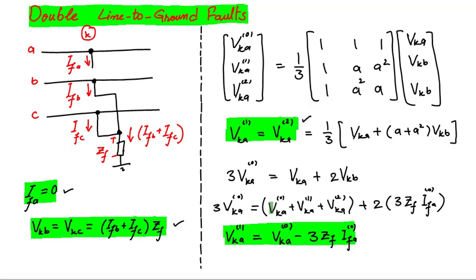So here 1 VK zero sequence will cancel out with this one. This will become 2 VK. Bring this term on the other side, that will become 6 ZF IFA zero sequence, and by adding these two that will become 2 VK positive sequence because these two are equal. So that 2 will be common from all the terms. If we divide the equation with 2, this is the final form of the equation. Positive sequence voltage is equal to zero sequence minus this voltage drop across ZF due to IFA zero sequence.